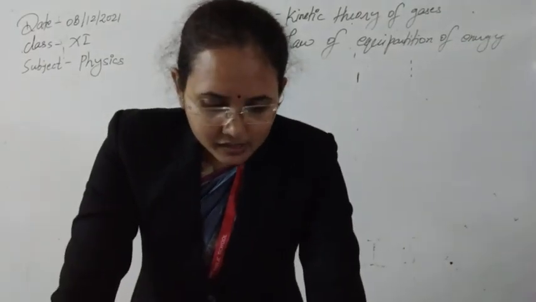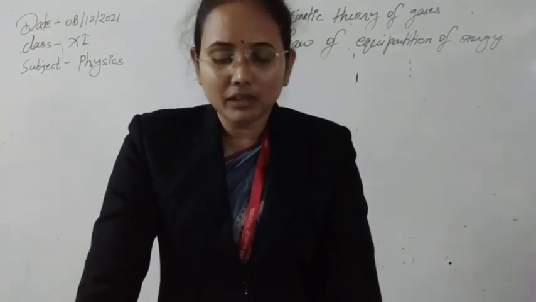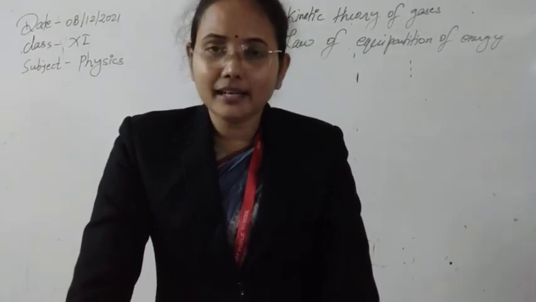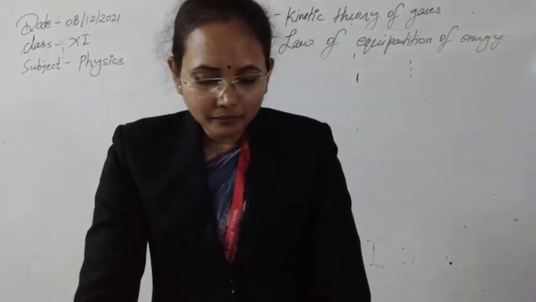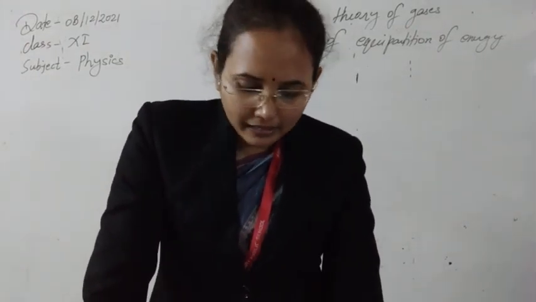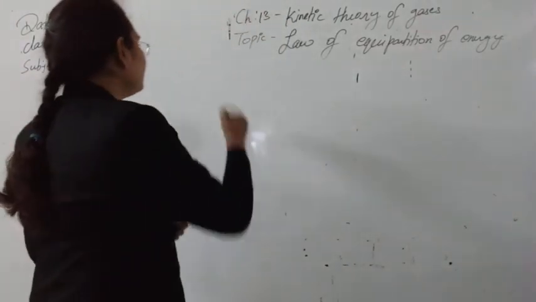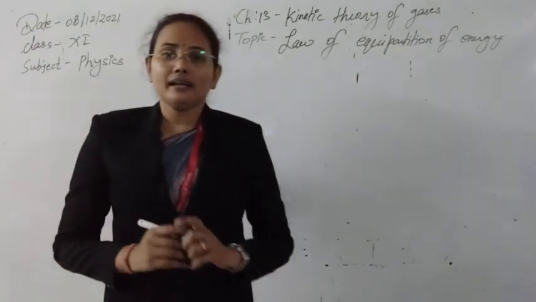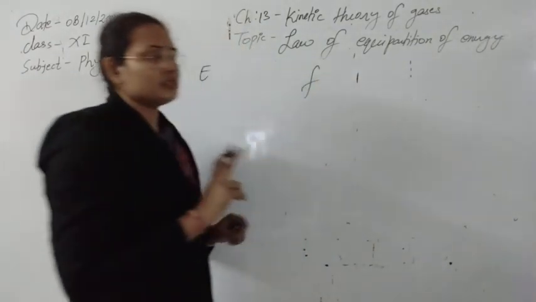The statement of the law is: according to this law, for a dynamical system in thermal equilibrium, the total energy is distributed equally amongst all the degrees of freedom, and the energy associated with each molecule per degree of freedom is equal to half kBT, where kB is the Boltzmann constant and T is the temperature of the system. So it means that if suppose E energy is being supplied to the gaseous system, and in that gas the total number of degrees of freedom is F, then with each degree of freedom,